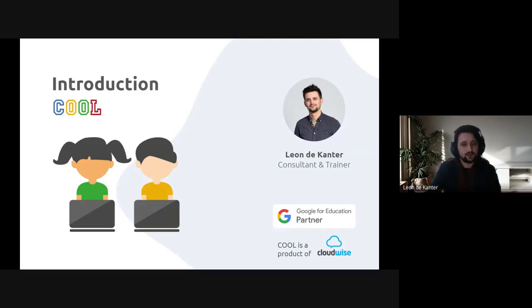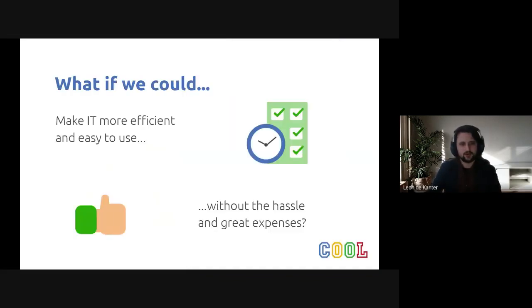To introduce what we do as a company briefly, is to go over a question. Cloudwise is, of course, an IT company, and we mainly only target education. Our main focus so far has been K12 education. And all that we do is really centered around one question. What if we could make IT more efficient and easy to use without the hassle and great expenses that usually